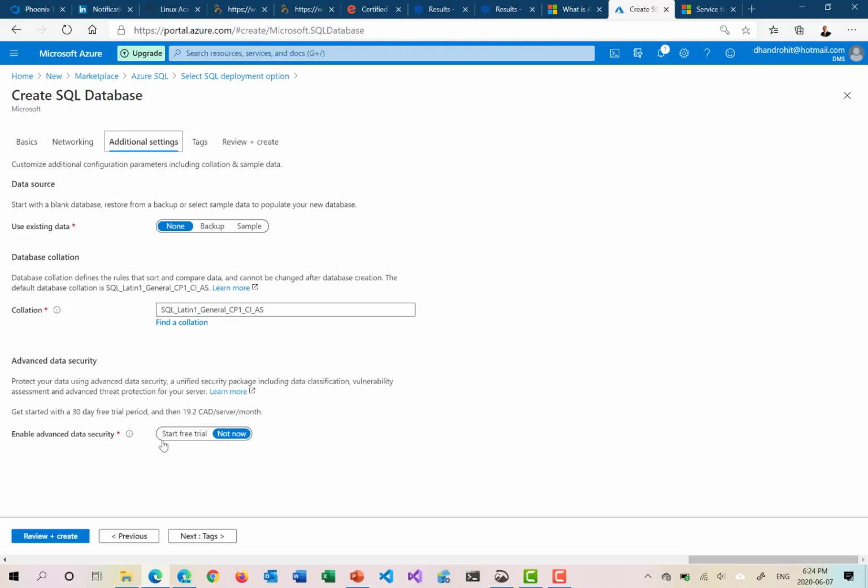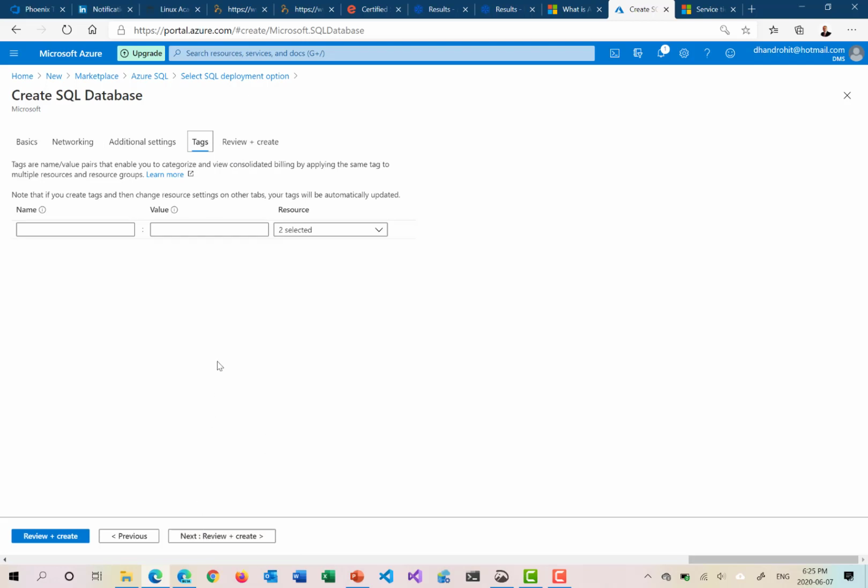And if we want advanced data security, like encryption or anything, we can start with a free trial, or it is going to cost this many dollars. So I'm just going to keep it not now. And if you want certain tags, like a key value pair for billing purposes or for filtration purposes,